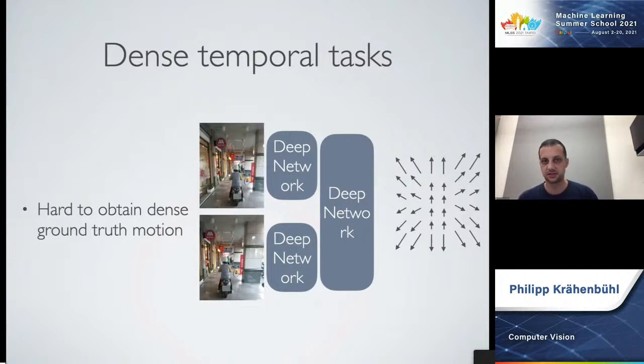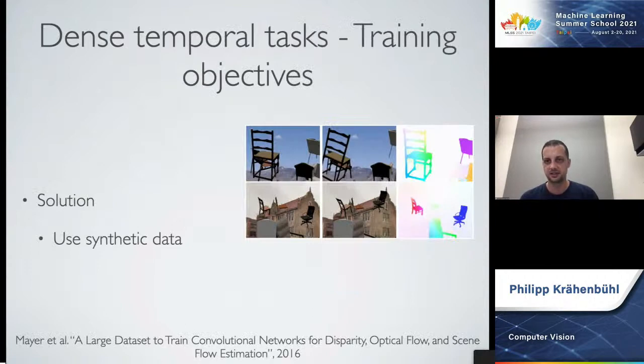The better solution here is to actually rely on synthetic data. And remember how I mentioned earlier that for dense semantics tasks, synthetic data didn't really work that well because you had a domain gap. Turns out if you look at dense temporal tasks, this is less of an issue. You can do motion estimation, optical flow, and time to contact estimation very well from very weird and simplified synthetic data. And one of the first ones to do this was the Flying Chairs data set, where they just rendered 3D chairs on top of images and rotated them arbitrarily to generate fake motion of objects.